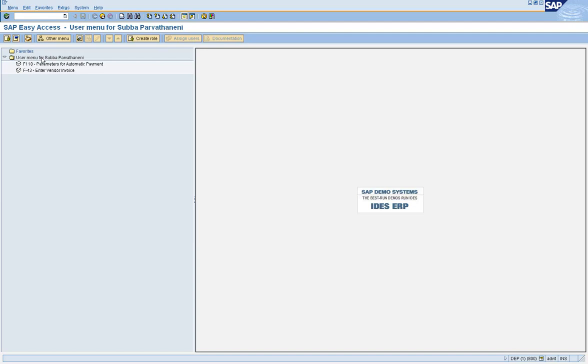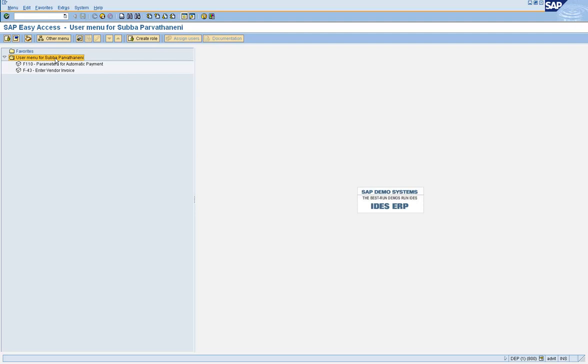For example, the user Subha has two roles which contain these two transaction codes. But when you click on this, you can see the entire SAP menu structure. So this is the user menu, and this is the SAP menu.